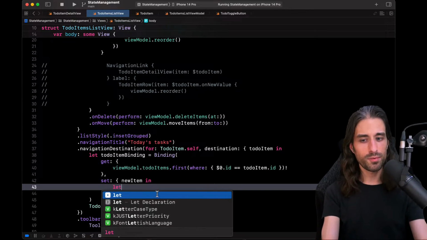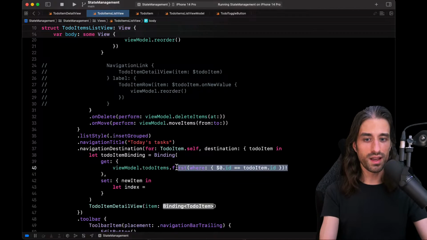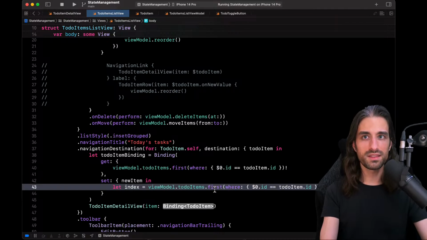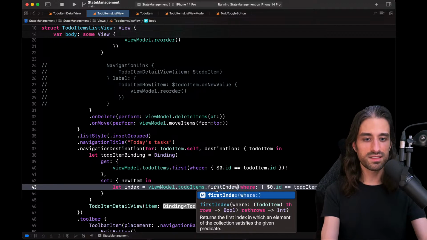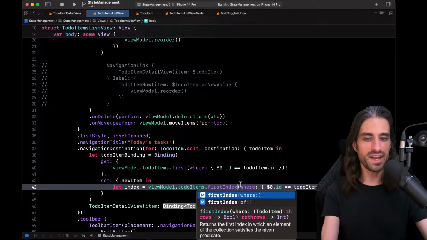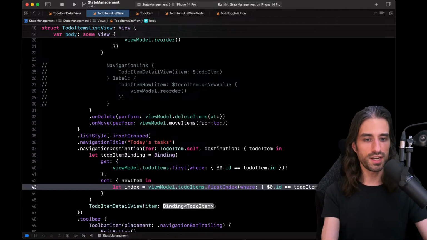So there is an extra step, which is that we want to compute the index. For the index, not that hard actually, we have it here. We just need to take this line right here and replace first where by first index where. Same behavior, except that instead of returning the item, it returns the index of the item.